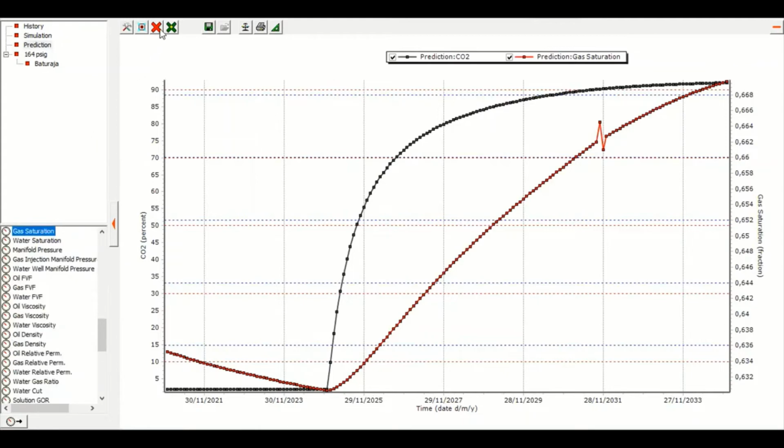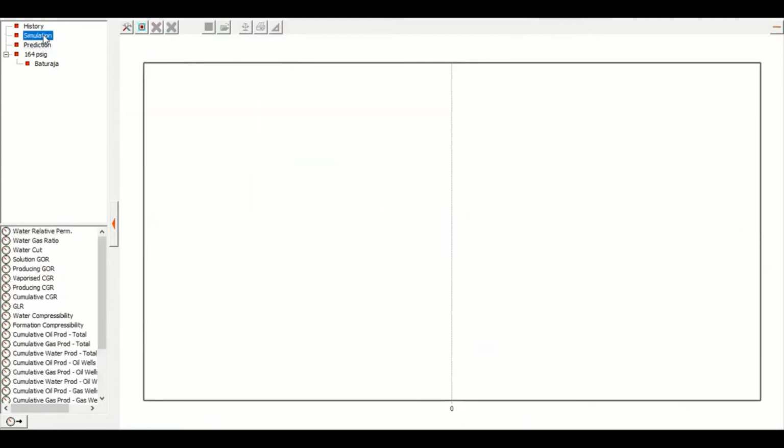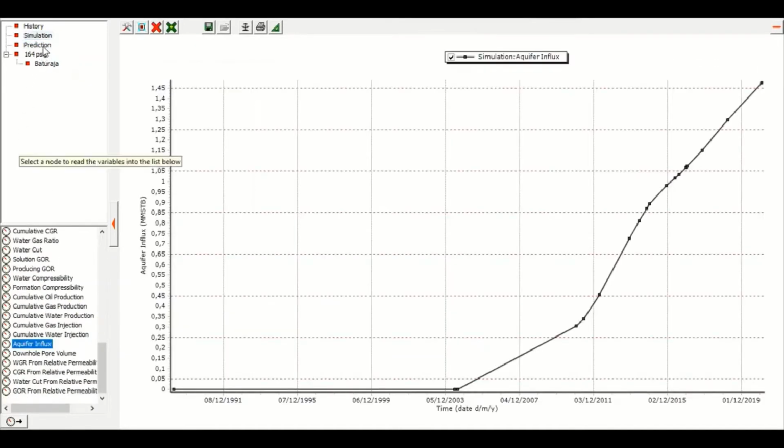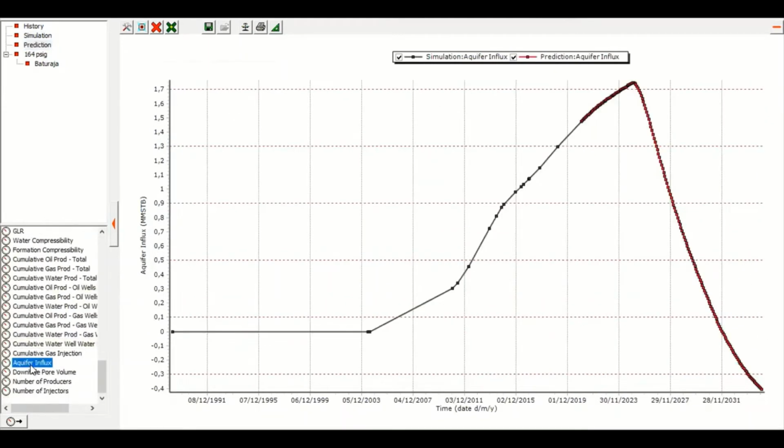We can plot simulation, aquifer influx, and prediction. Where is the aquifer influx? Like this one. So the aquifer influx will decrease as the reservoir pressure increases due to the